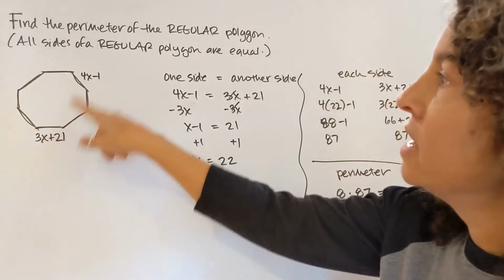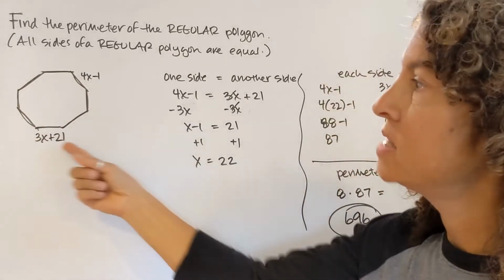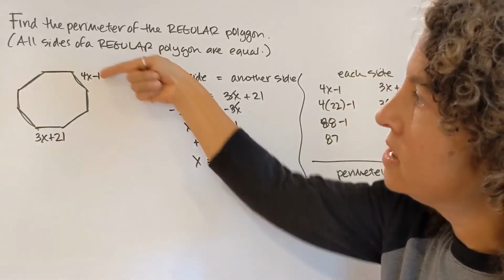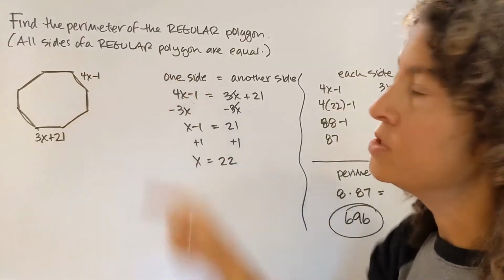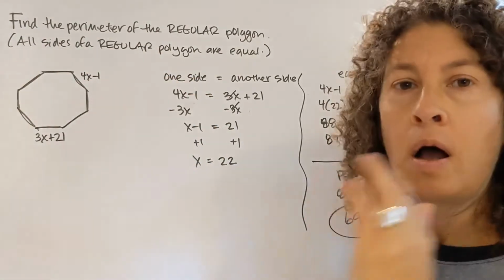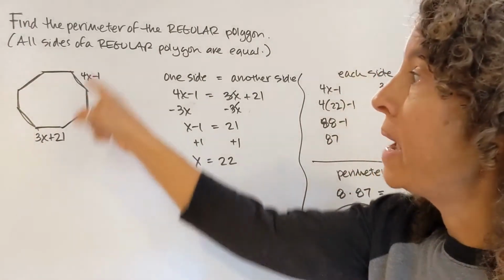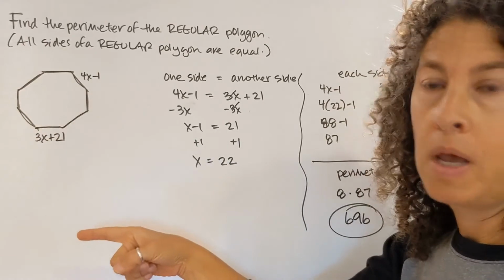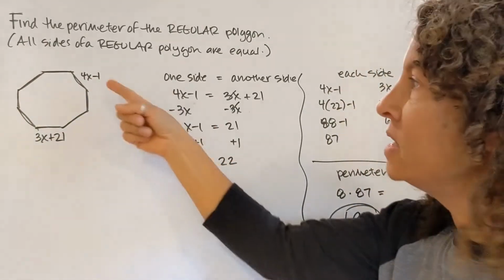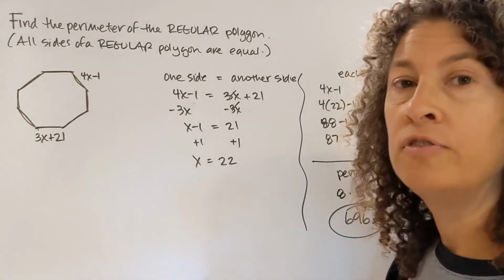And they give us an expression for two of those sides. So they tell us this side at the bottom is equal to 3x plus 21, and they tell us that this side in the upper right here is 4x minus 1. So since we know in a regular polygon that every side is equal to every other side, I know that I can compare these two sides to each other because they are equal to each other. Well, how is that helpful? In this case, I can figure out what x is worth